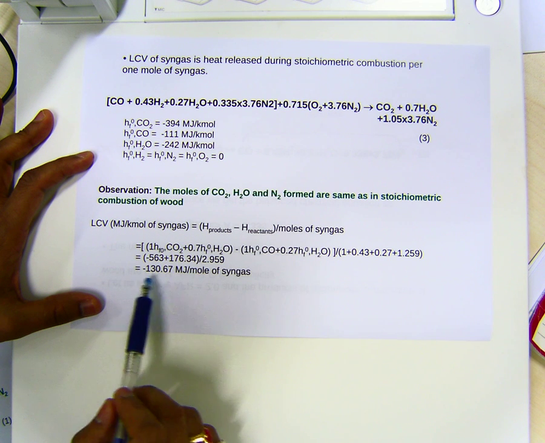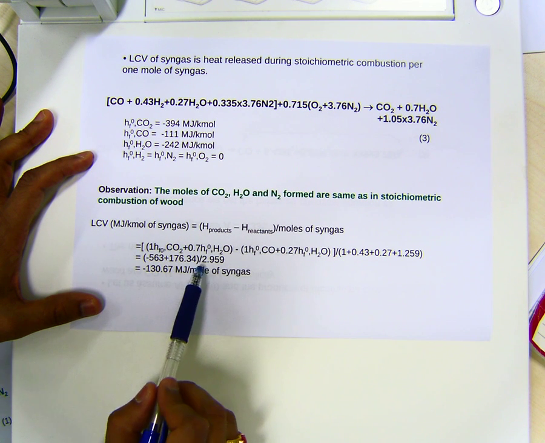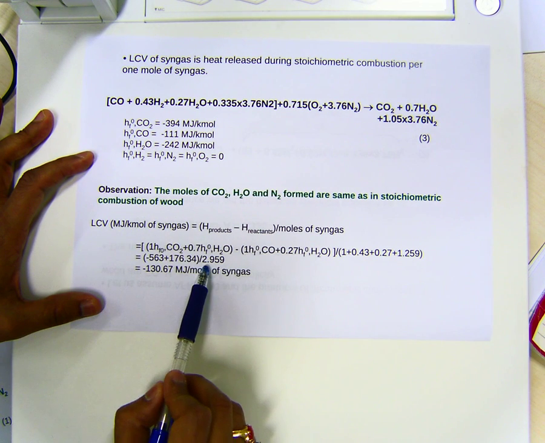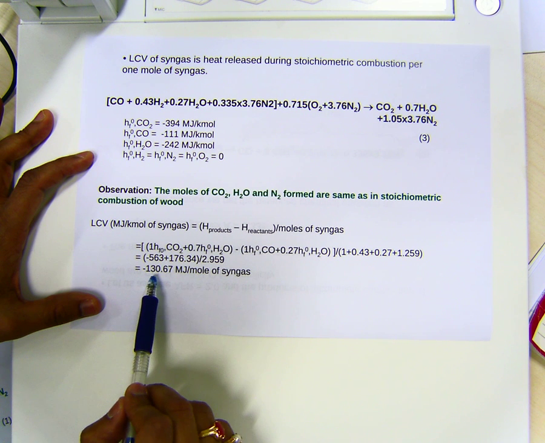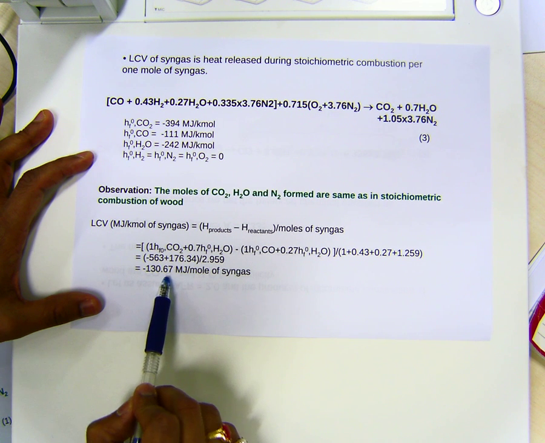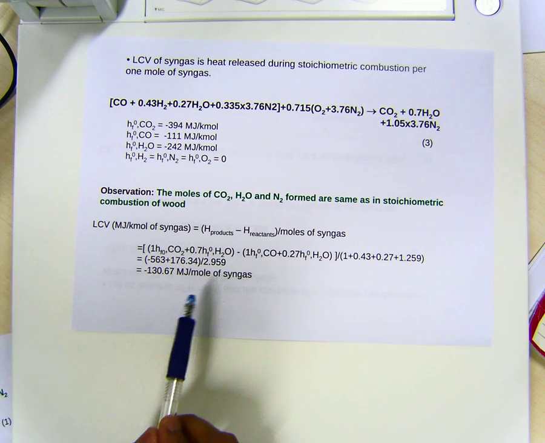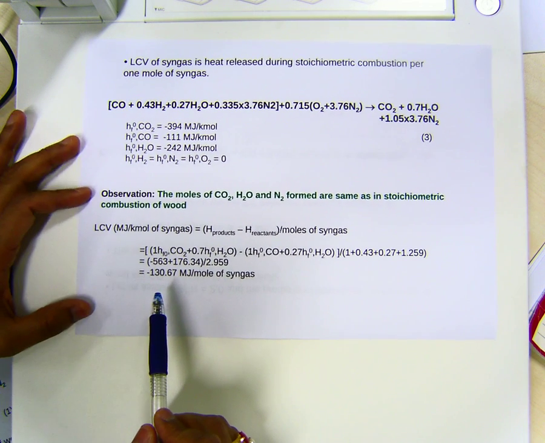So after doing all those things, approximately the total number of moles of syngas is 2.959, around 3 moles. So we get minus 130.67 megajoules per mole of syngas. So overall,